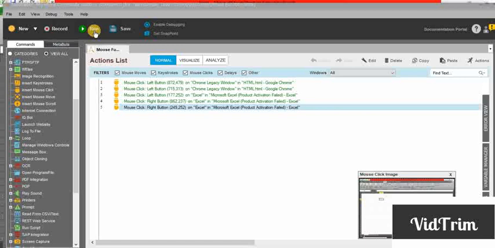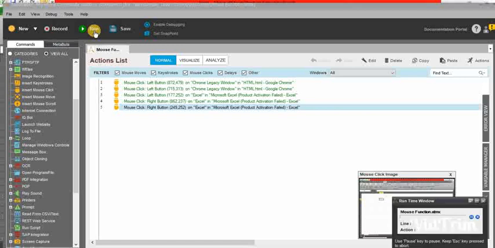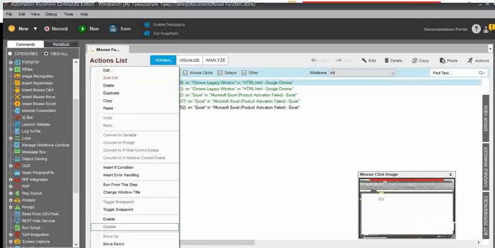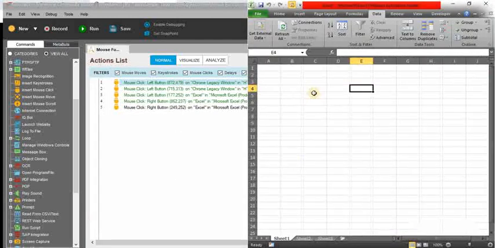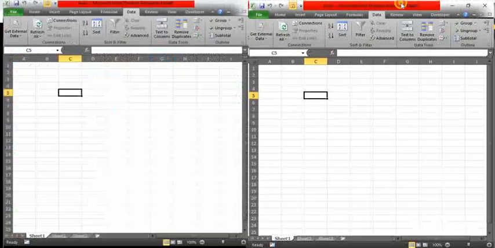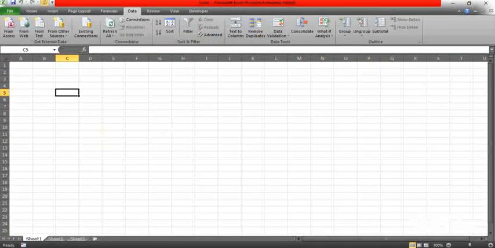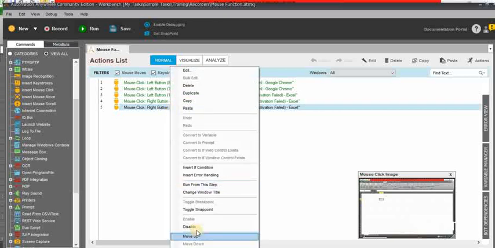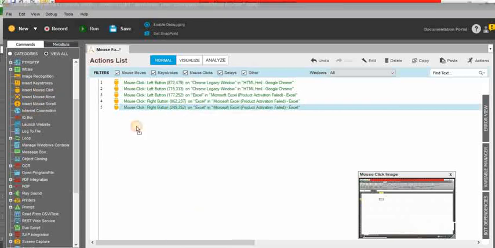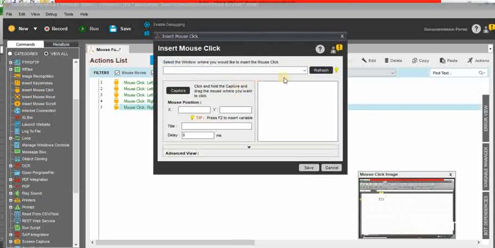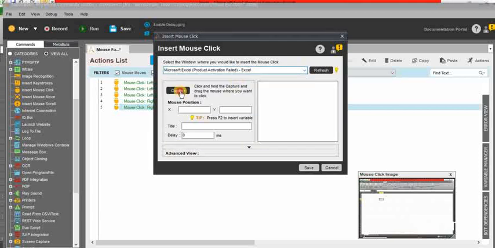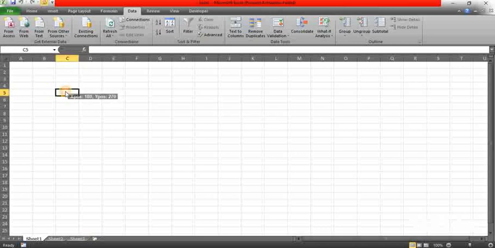The task is running, it has been started. You can see the results. One sec. Using the insert mouse click, you need to select your window. Click on capture. D4.